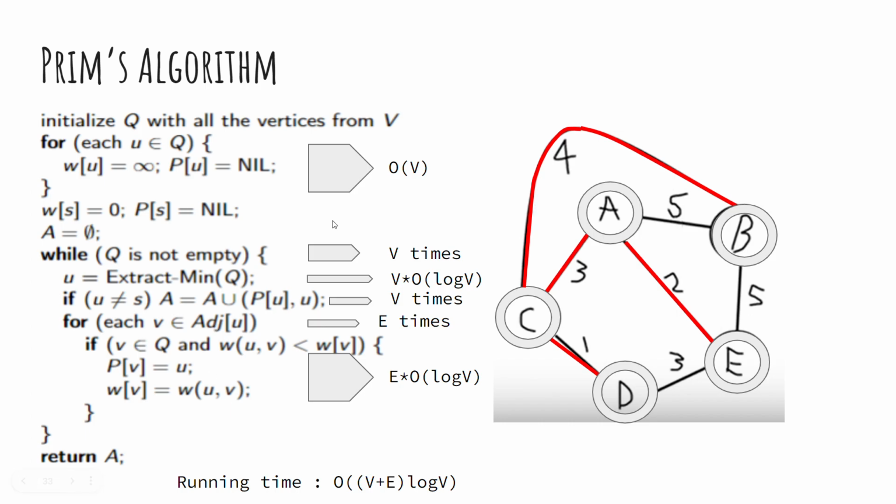And so the running time for this for loop over here is big O of V, and then the while loop runs V times, and then the extract minimum operation takes logarithmic time, and so the time complexity of this operation comes out to be V times O of log V because it's V times. And then this if statement is again done V times,